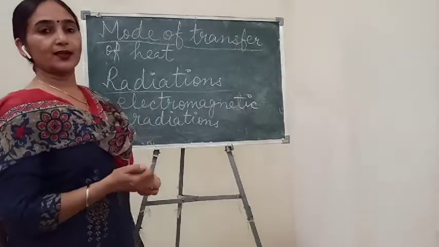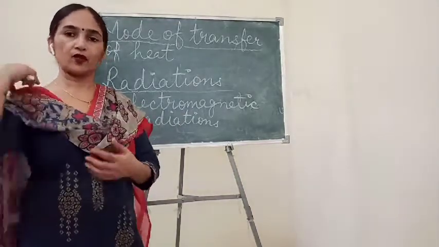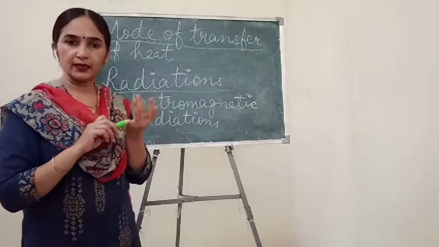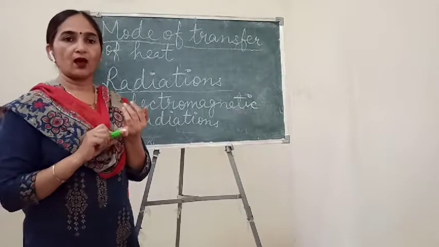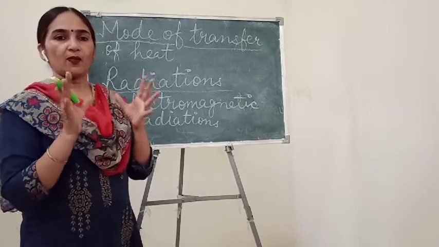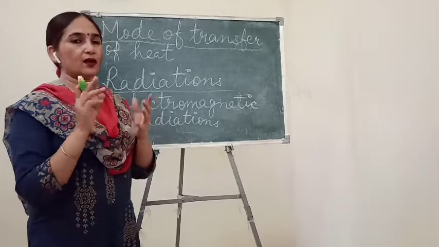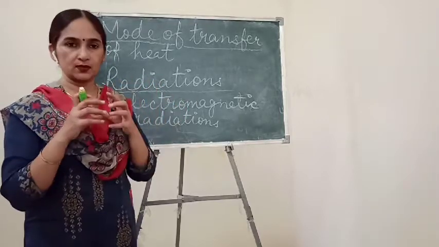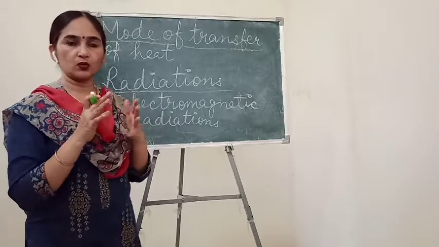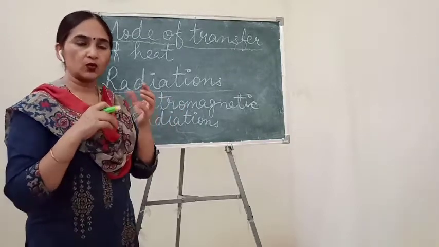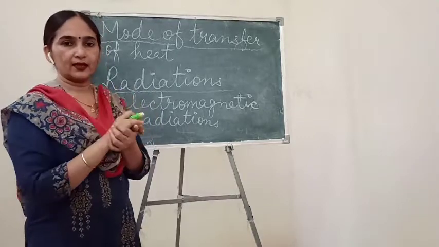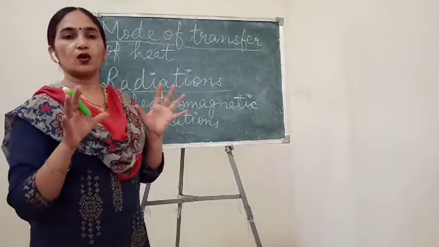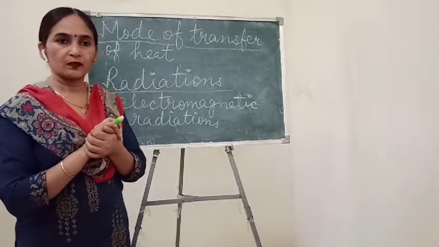And you know that the sun is very far away from our earth, but still we receive heat as well as light of the sun. How is this happening? Conduction and convection, both methods use molecules to transfer their heat. But in the case of radiation there is no use of any kind of molecules.